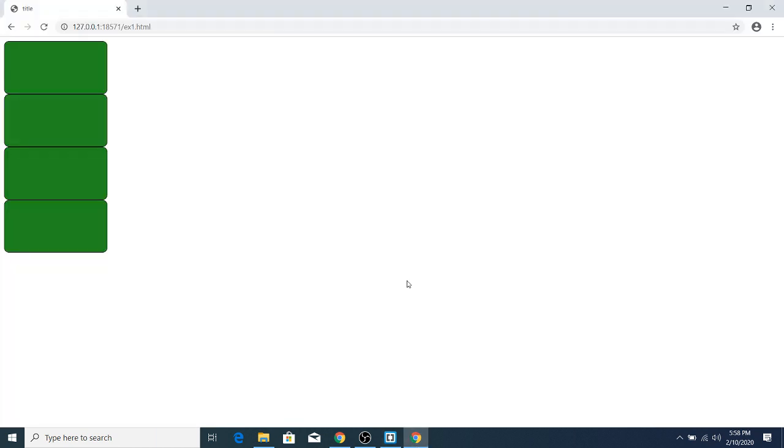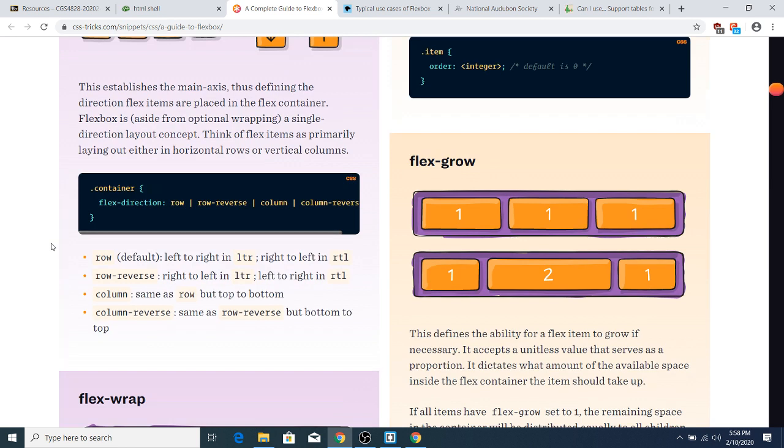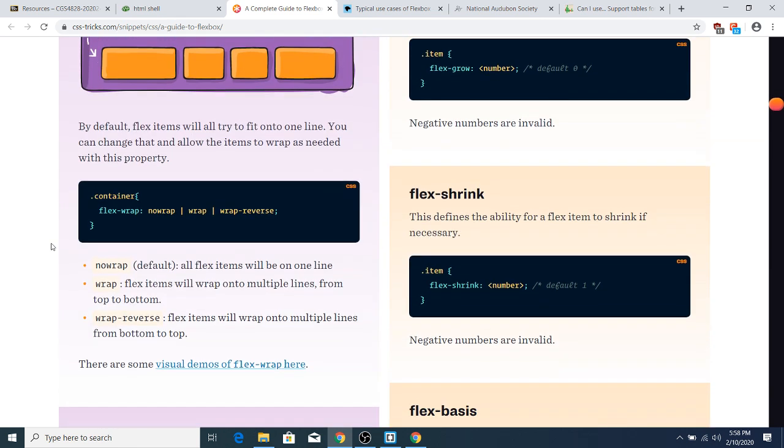What happens to the main axis and cross axis when I changed it to column? They're flipped. So now, which direction is the main axis? This direction, correct? And then which way is the cross axis? Horizontally. So they flipped. The reason this is important is because we have some of these other properties that like